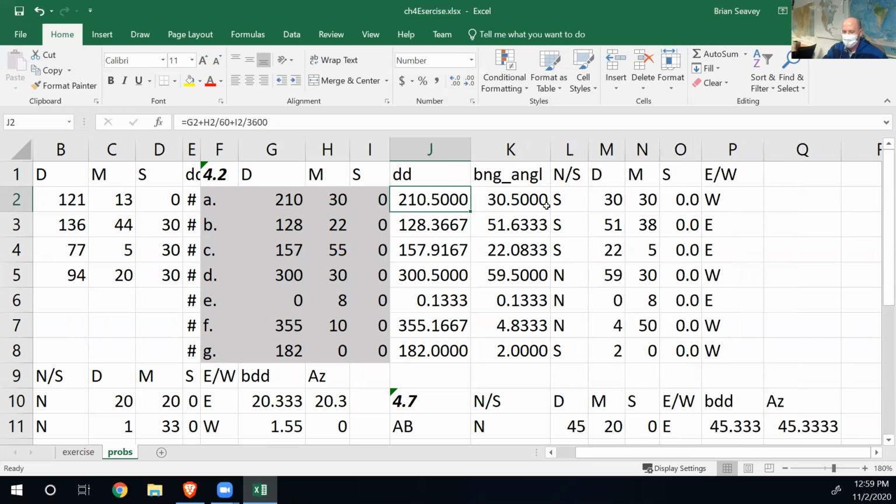And then it broke that bearing angle and it figured out by whether, okay, so I can look at this 210. This is problem 4.2, right? Yeah. So 210.5 degrees, what quadrant is that in? Well, northeast, southeast, southwest, northwest. So I don't know at first or second. I mean, I kind of do know what you mean, but